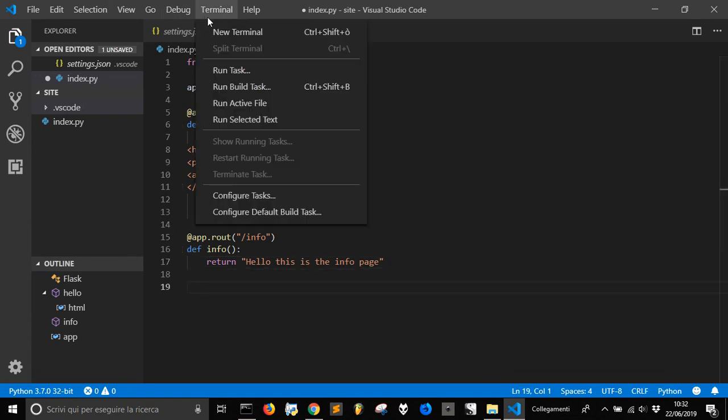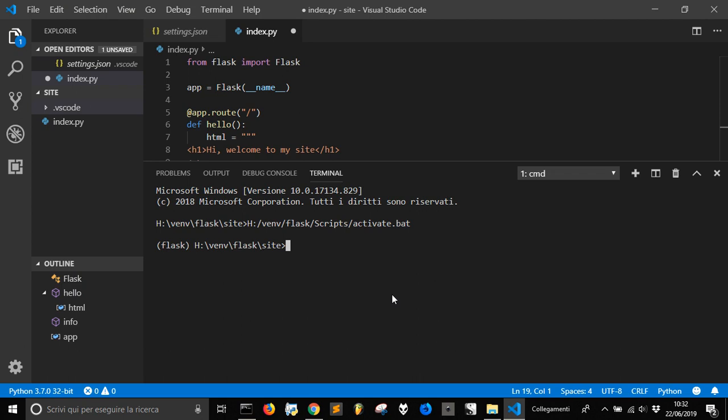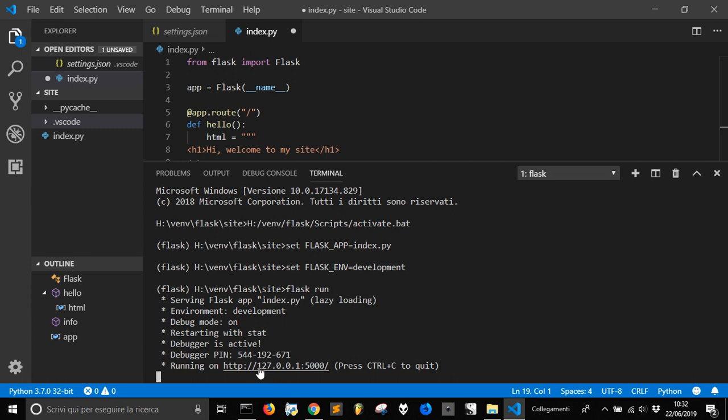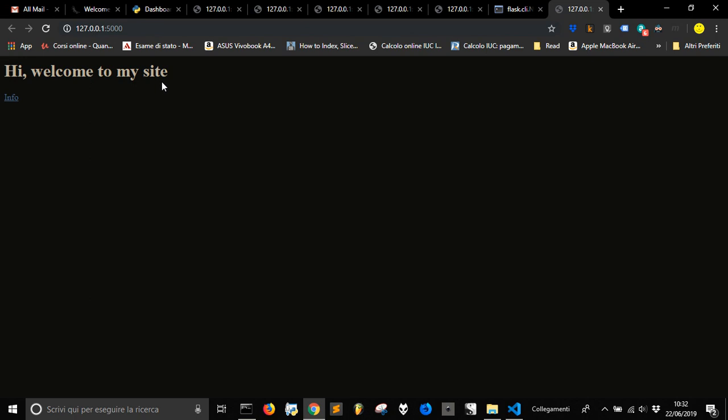Then let's go into the terminal. Here it is, our terminal is here. Let's set FLASK_APP equal to index.py. Let's set FLASK_ENV equal to development, and then let's flask run. Now click on this link with Ctrl. Here is my site. Welcome to my site, and go to the info, and it doesn't find the info page